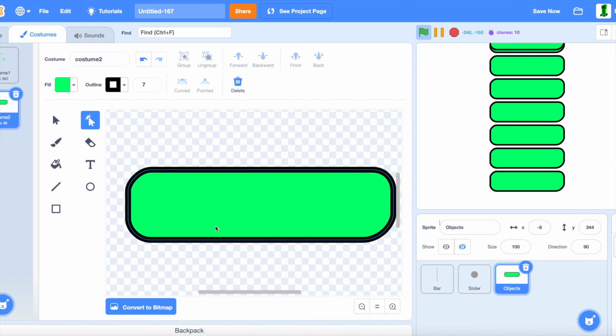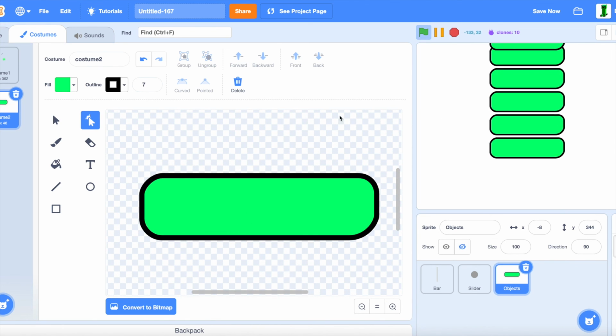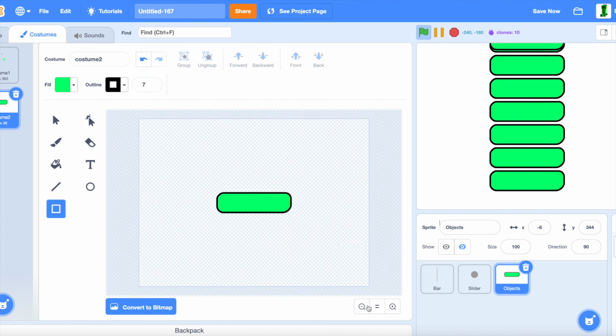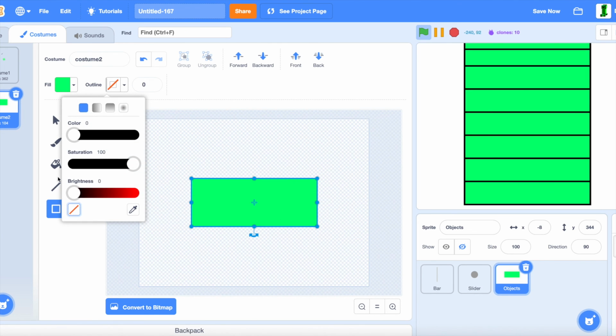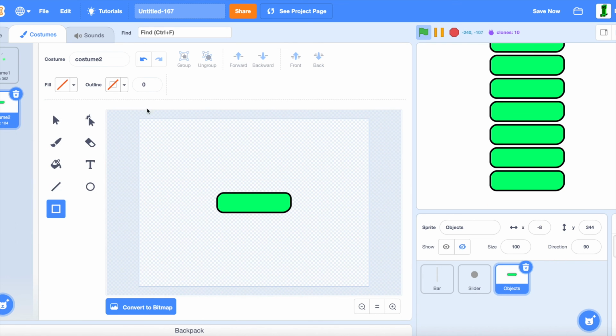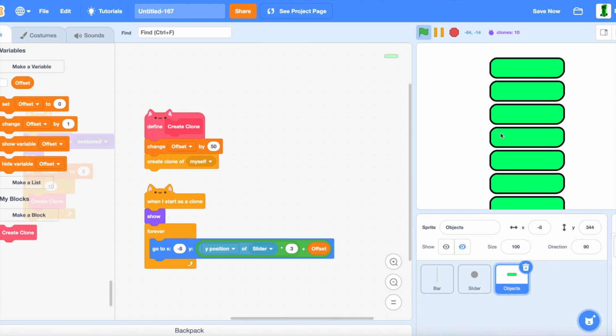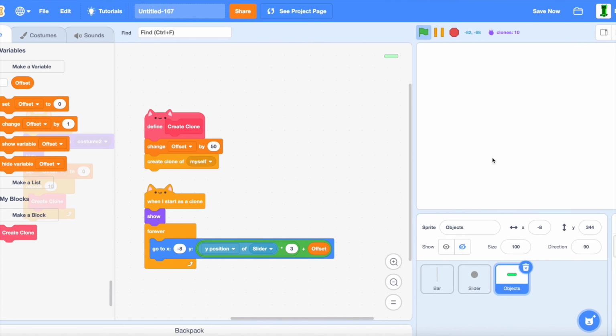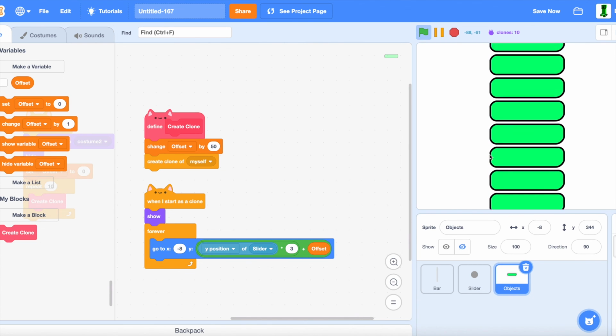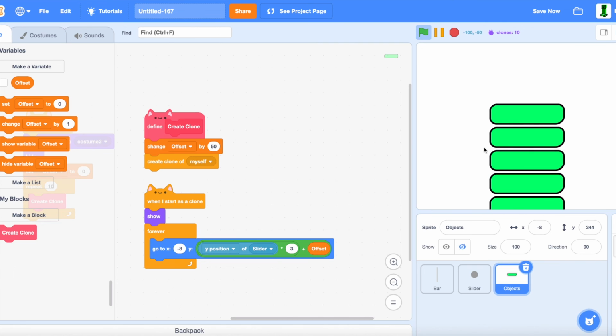And if you want to make it not show in the edges, you can just use the same trick by doing this. Make it have no outline and no fill. And as you can see, there's the cloning system. Now you have a scroll bar. Thank you for watching and have a fantastic